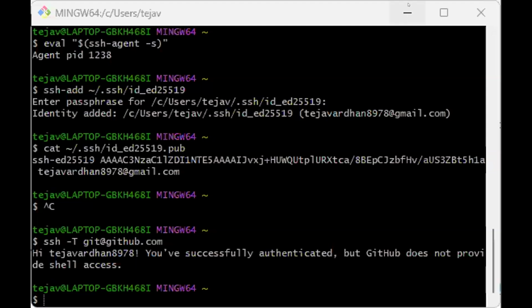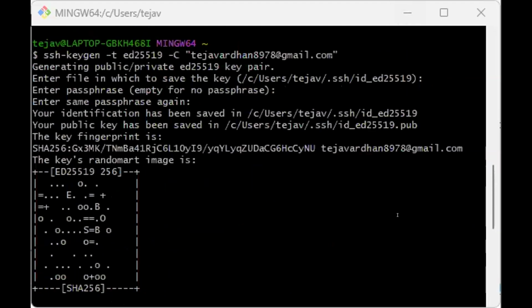Git service, set service manual. Huh. I hope you guys are able to see.